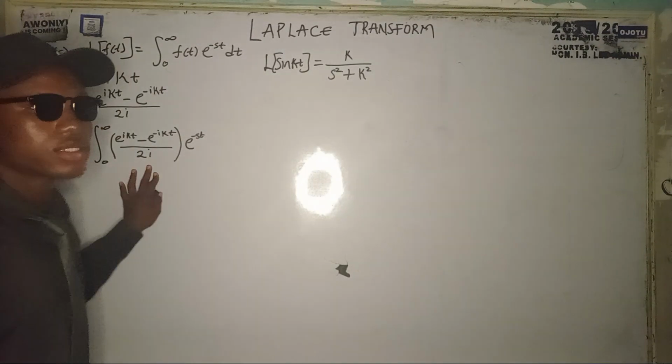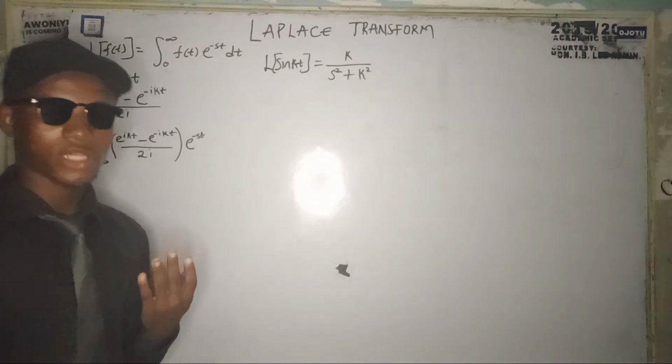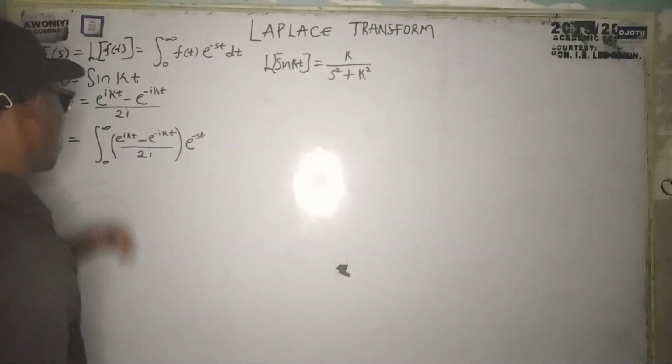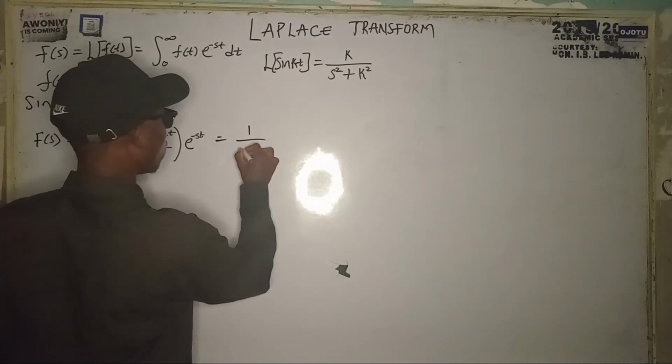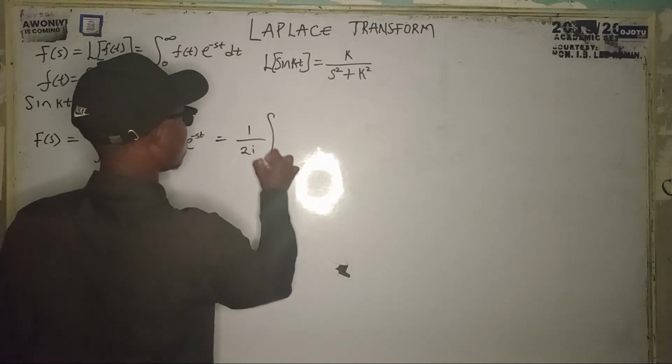Now 2i is a constant, so it can come outside of the integration sign. So we have 1 over 2i, then put the integral sign